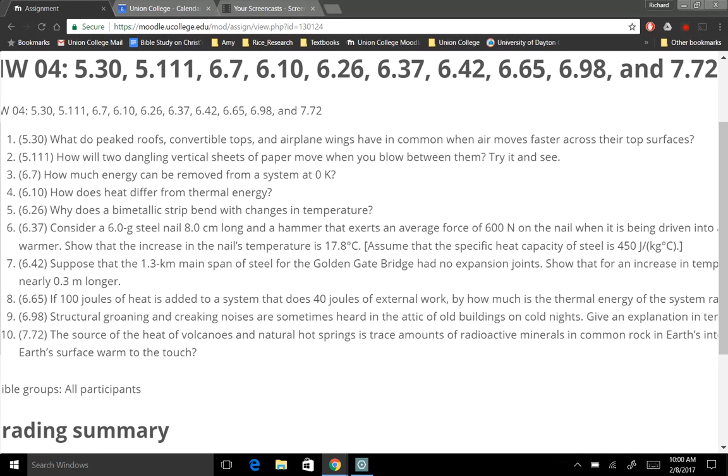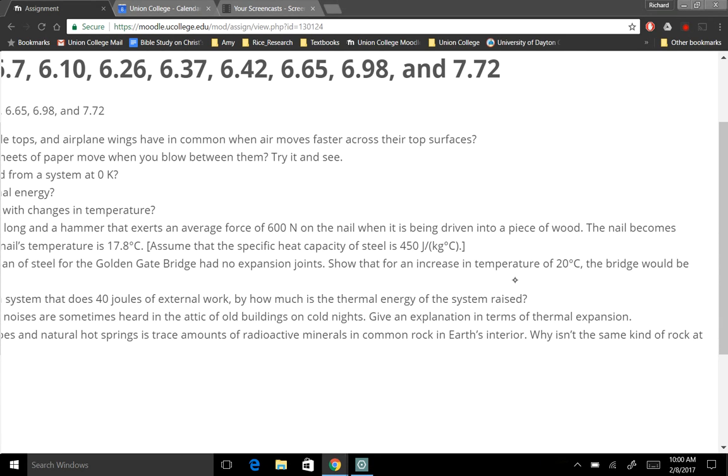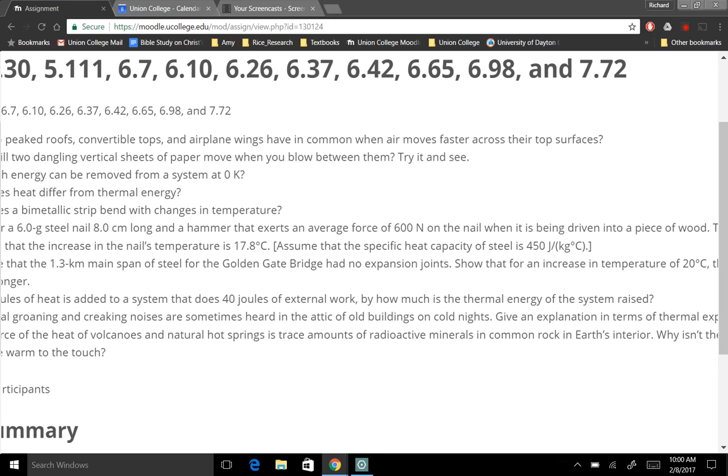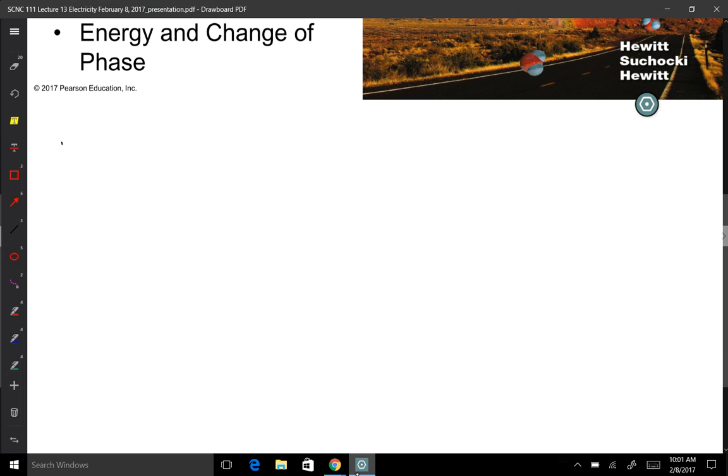Suppose a 1.3 kilometer main span of steel. That one? I don't know which equation that is. Okay, so 1.3 kilometers and a temperature change of 20 degrees, right? Right. Is it the same equation as number 6 or is it